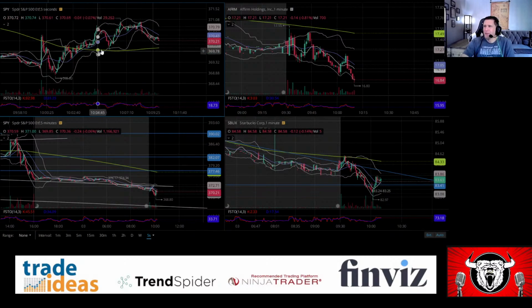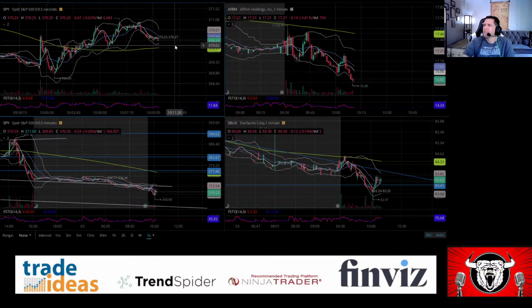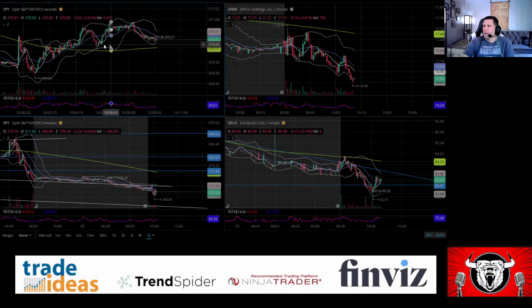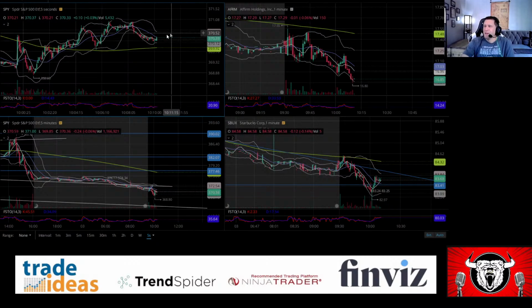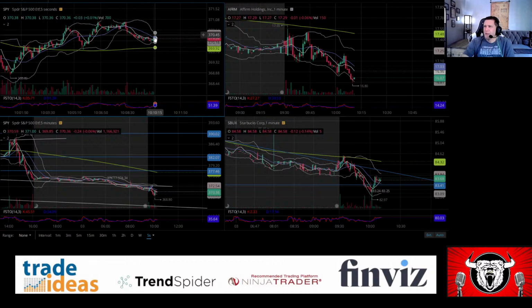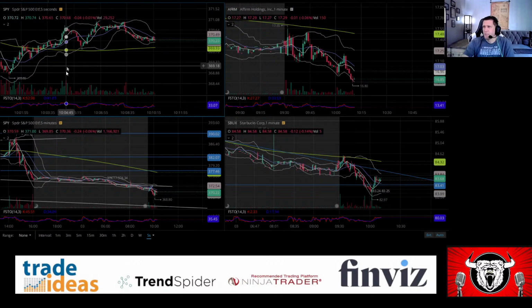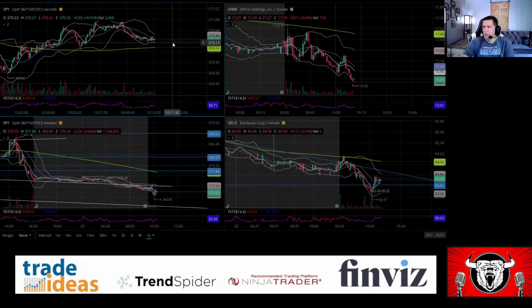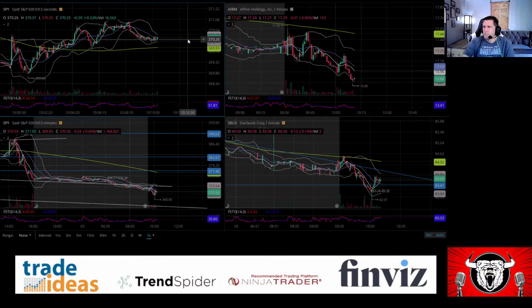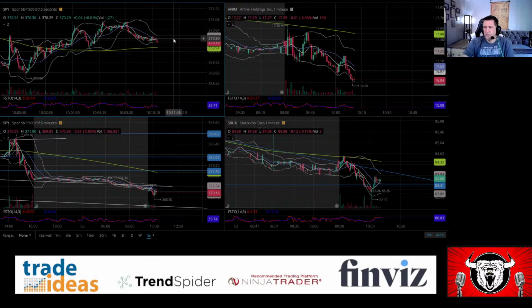If you guys are gnarly enough to trade a 5-second on SPY, I commend you. I trade a 10-second chart on the ES, but it's crazy how the candles look so much better on this Webull app with a 5-second chart than they do on a 10-second chart on Tradovate. But I can go and pick these pivots out. I can go and pick these reversals out. I can go and pick all these little really short-term patterns out and just nail them. That's why I like it. If you guys have seen some of the screenshots I posted with the amount of trading I did on the ES over the past 2 days,